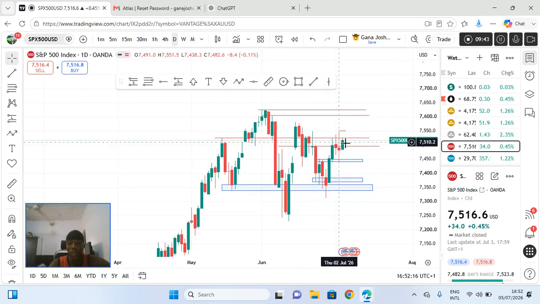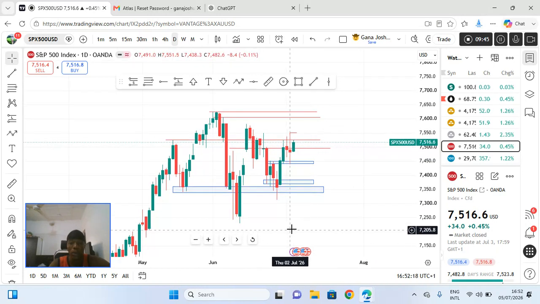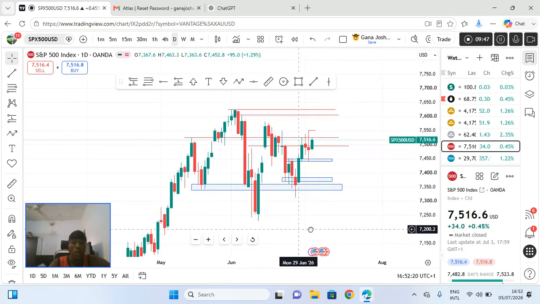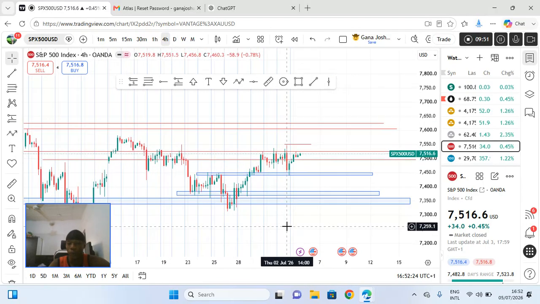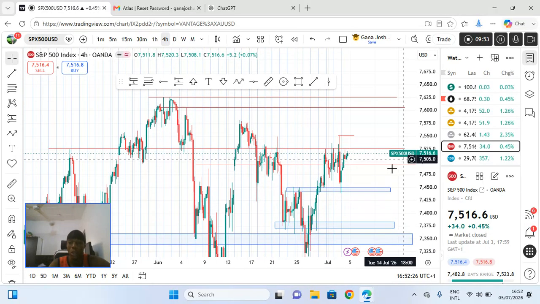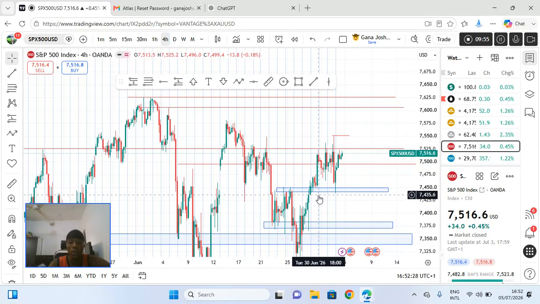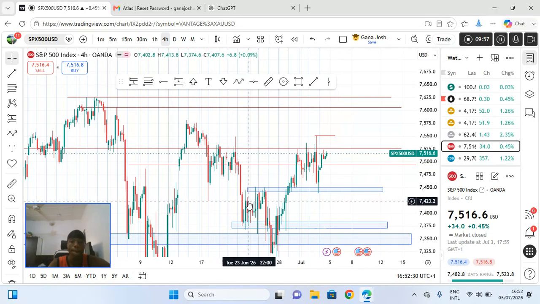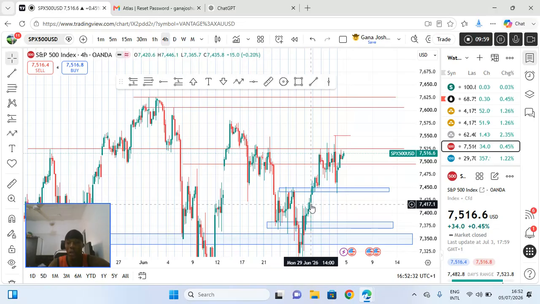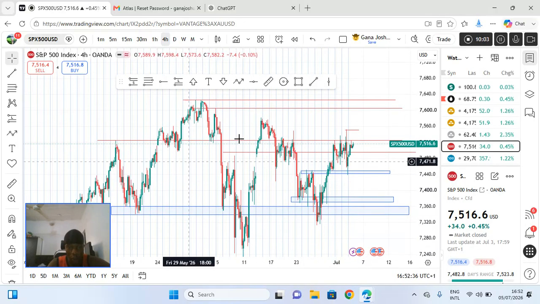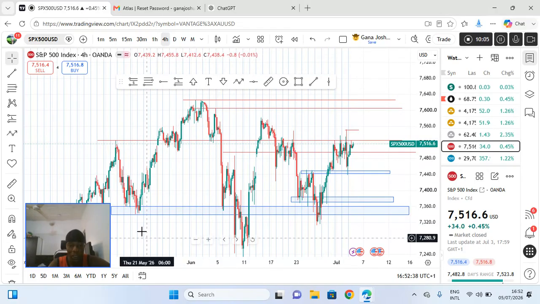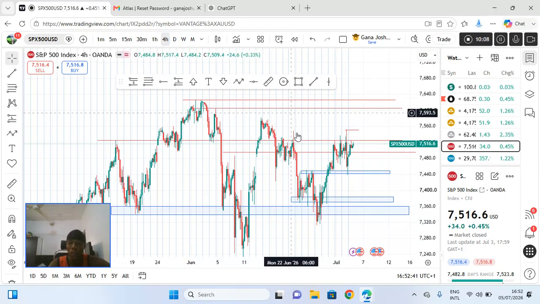You could see how price is reacting around that resistance on the S&P right now. But then for stocks, we are just going to be bullish on them, because a whole lot of fundamental things happening are what is affecting the stocks and making them push up. Though it has been in a range for about 2 months now between this level and this one, neither breaking this level nor this level.